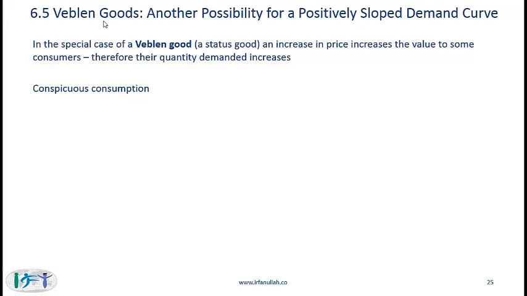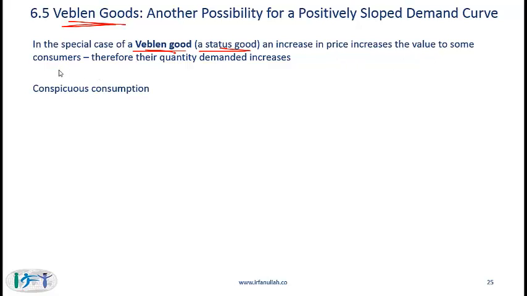Another type of good which might also have a positively sloped demand curve is called a Veblen good. Now, the only similarity between a Veblen good and a Giffen good is that they have similarly shaped demand curves, but the similarity ends there. With a Veblen good, also called a status good, an increase in price increases the value to some consumers,